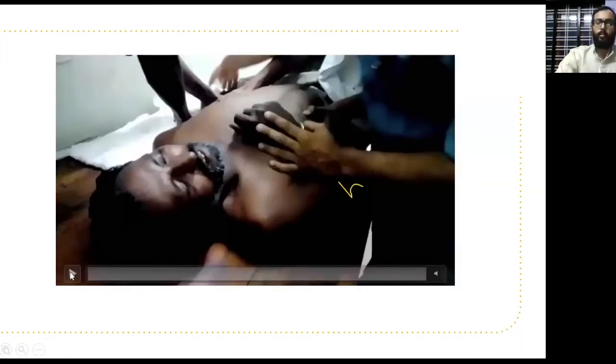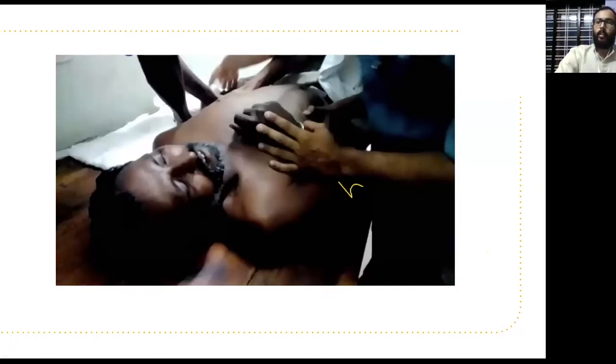This is Koch's method of reduction. In Koch's method, the history of this patient is that he jumped, as he is a lorry driver from Madhya Pradesh. He came to Cochin refinery, and from the lorry he jumped to the ground, and he couldn't land on solid ground, because there was a pit. So his hand was in the lorry, and it caused dislocation.